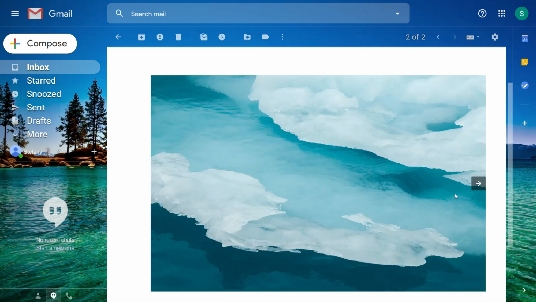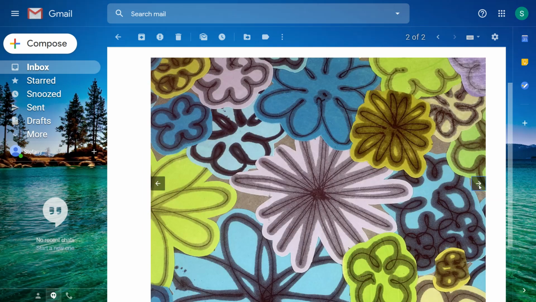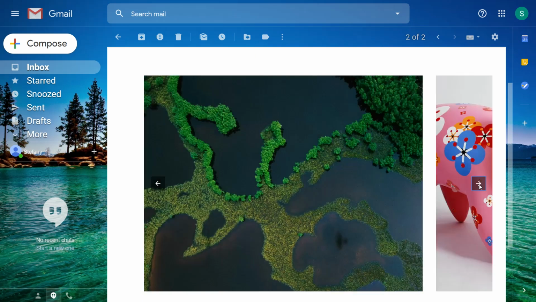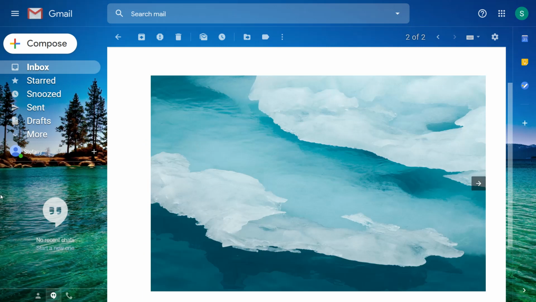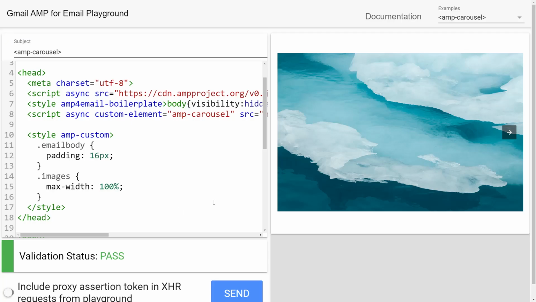And let's look at this AMP email that has a slider. This is impossible to do with ordinary email stuff. And see how it slides just like a web page. It's pretty cool. I know what you're thinking. Stephanie, aren't emails supposed to be static and web pages supposed to be dynamic? And when am I ever going to use a dynamic email for?